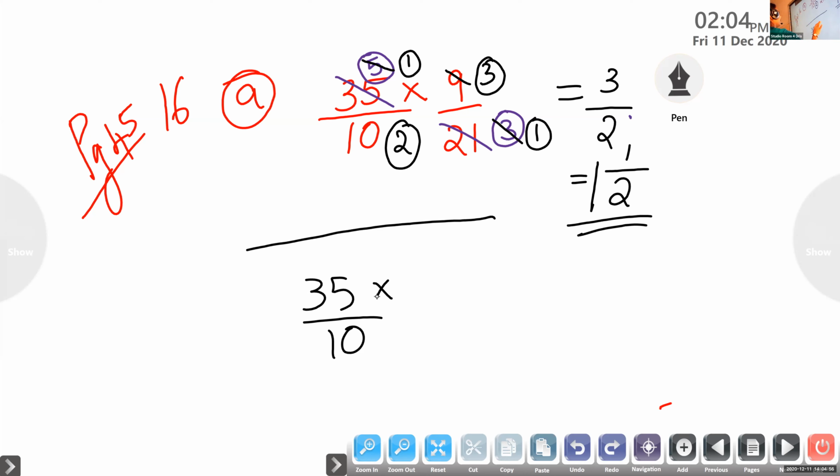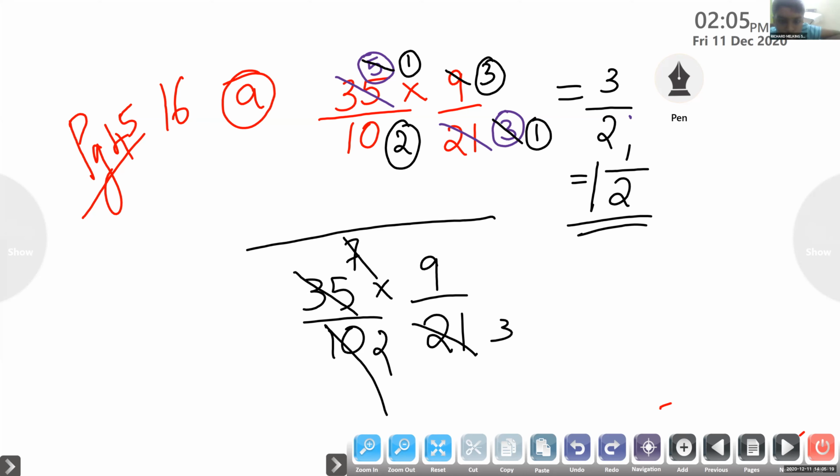So here first we have done, which one? Divide by 7. Here I am going to start with the 5. 7 into 5, 2. And 9 and 21 is by 3. So here 7 again, we can take here 3, and 3. 3 again 9 here. 9 21s are 3 by 2. Here also we can do any method.